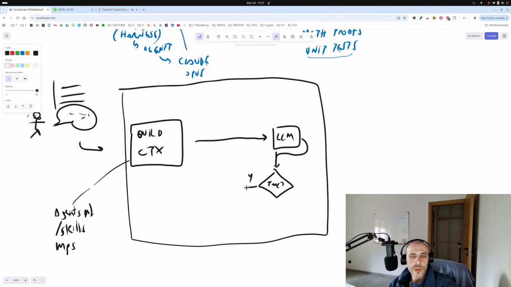So if it is a tool call, the tool is actually run. And this tool will give an output, which is the content of a file or a file system. And this output is going to be added to the context. And the cycle is going to restart. And this will go on as long as there are tools run by the LLM. At a certain point, the language model will decide: no more tool calls.